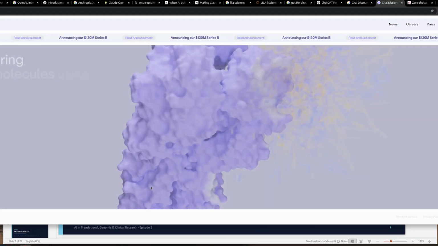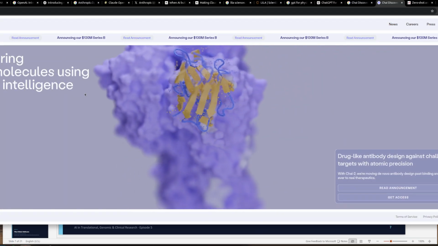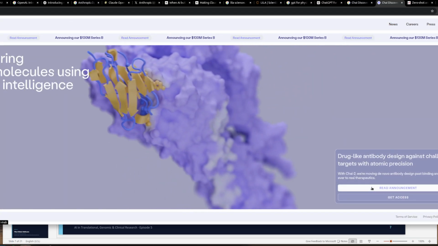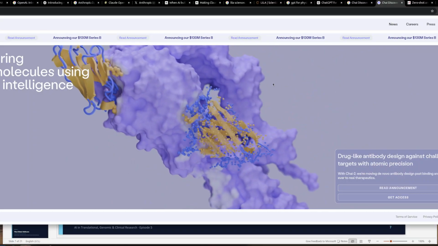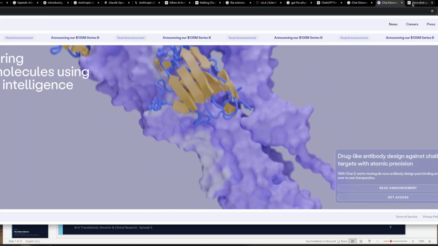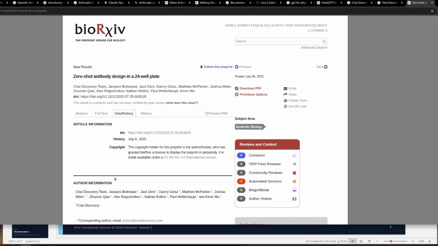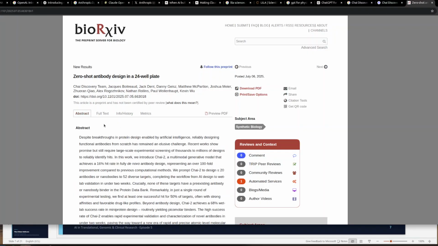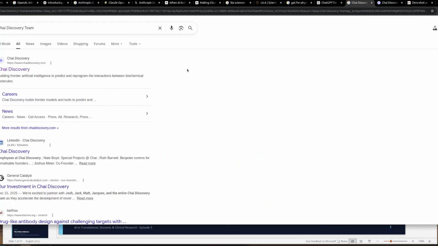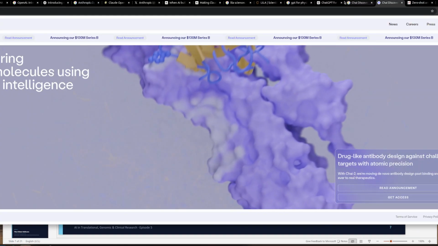But they have the Chai 3 version, I think, very recently. They have raised more funds, and that's a good thing. This is the paper they submitted recently, and it's a year old, sorry, zero shot antibody design. That's one of the points, and this agreement they have